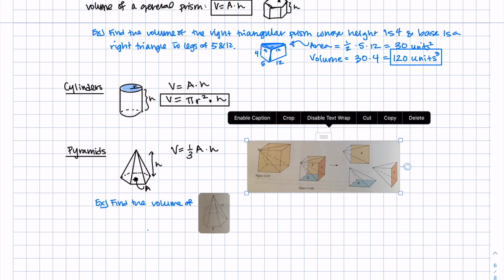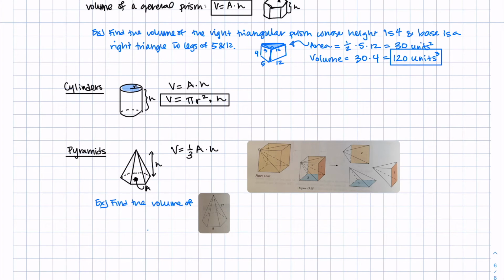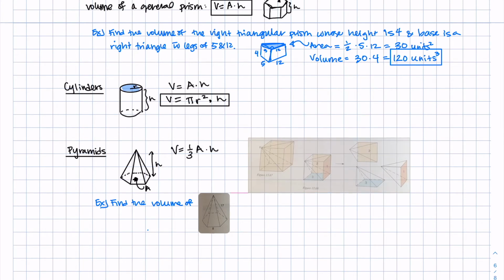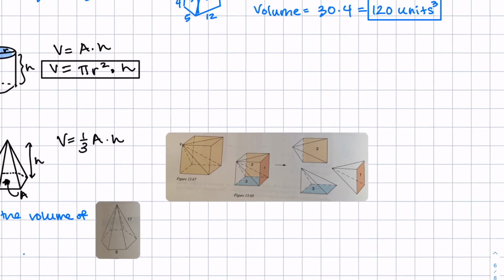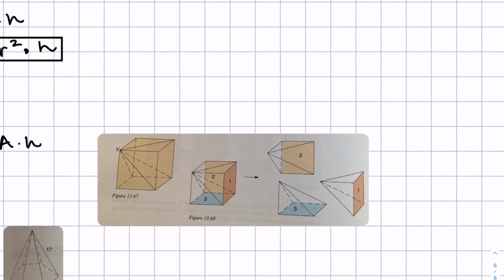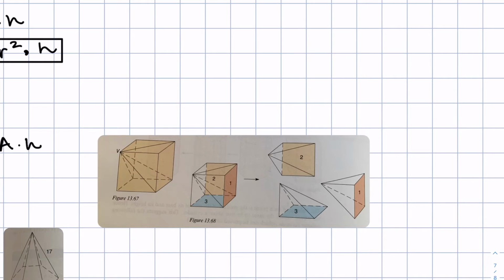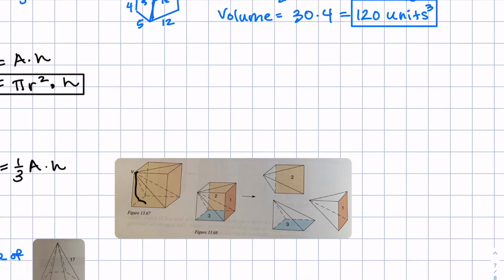I stared at it for a little bit and it finally made sense to me, but this is not a proof, and so it's not super rigorous, so I don't know how much it will help illuminate things for you. But the basic idea is I start off with this box, which is a prism, and I know what the volume of a prism is. And what I'm going to do is take this prism and break it into three different